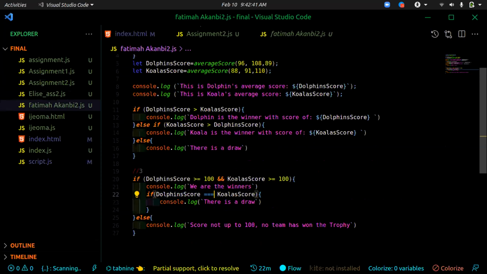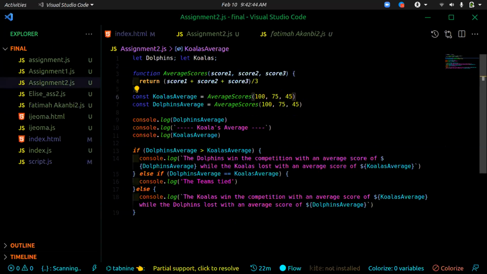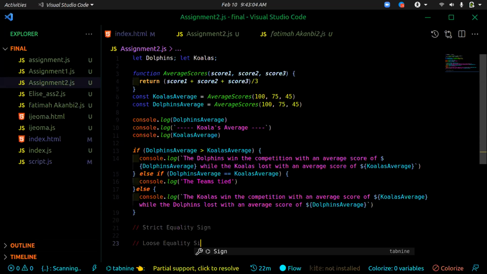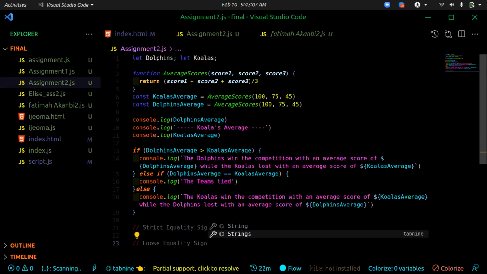So let me explain a bit more about the triple equal sign. There's this thing in JavaScript called the strict equality sign, and also we have the loose equality sign. So for the strict equality sign,